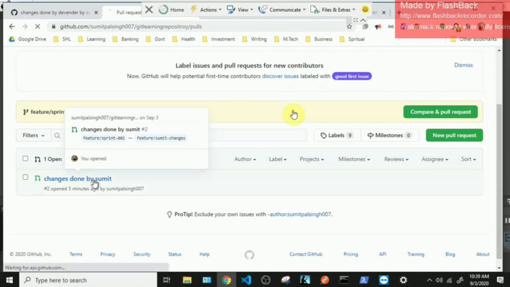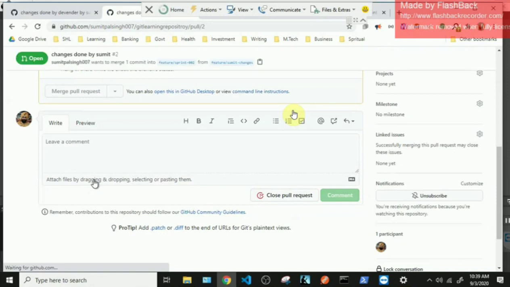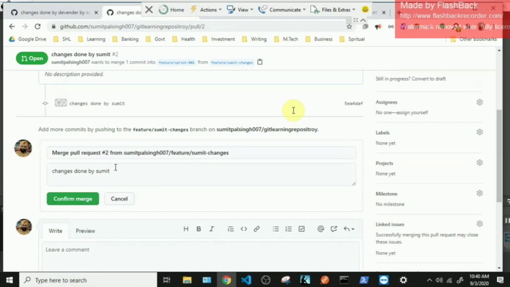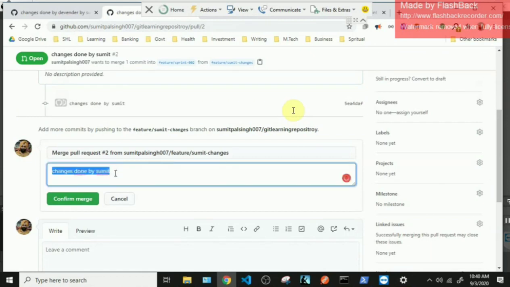Now it's giving me the merge button, and I'll write a message, merging Sumit's work, and I will merge this as well. So now both my branches have been merged.